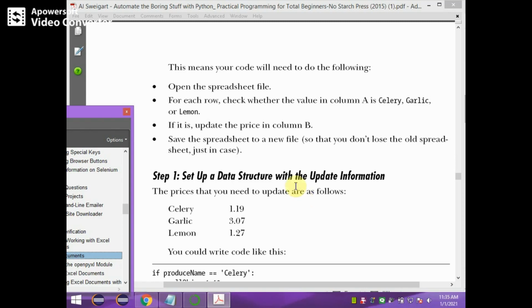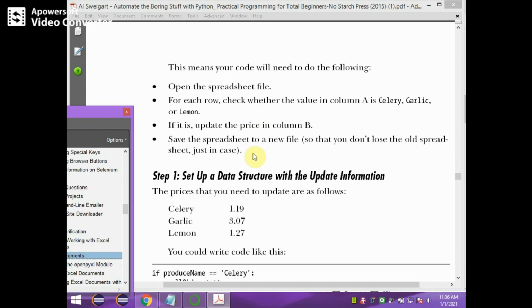To do that, first we need to open the spreadsheet, and for each row we have to check whether the value in column A is celery, garlic or lemon. If it is, then update the price in column B. Then save the spreadsheet to a new file.